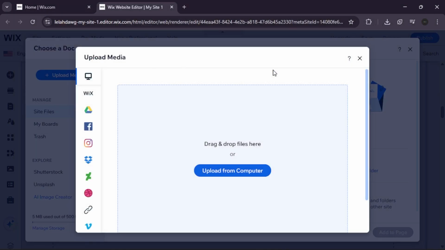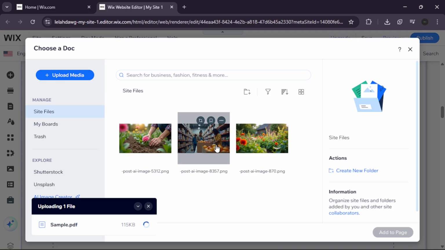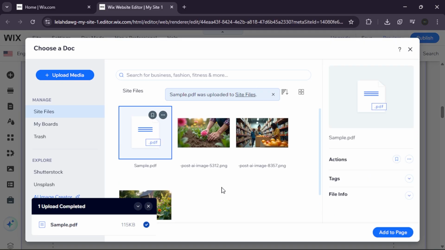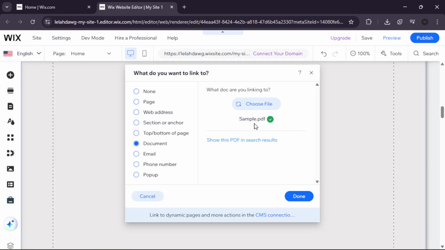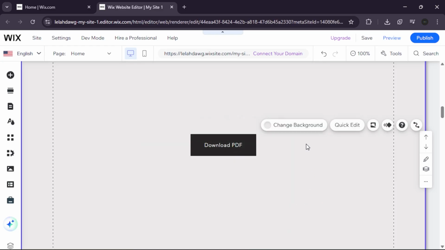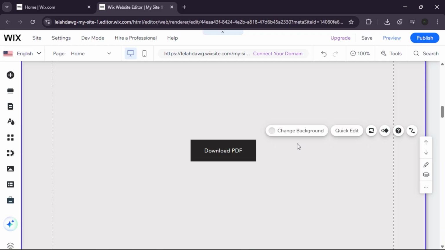And that's pretty much it. To add a downloadable document in 2026, open the Add Elements menu, drag a button onto your page, and change the text to a clear call to action. Click the link icon, select Document, and upload your file to the Media Manager. Finally, set the link to open in a new window and hit Publish so your visitors can start downloading your